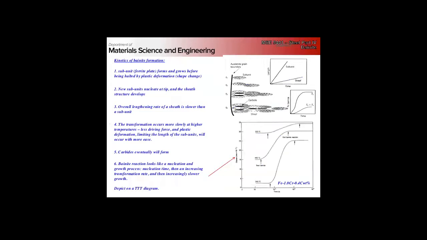our kinetics here. So basically, we have a subunit that forms. There's an invariant plane strain shear associated with the formation of this subunit, and the larger it grows, the more overall strain there is that has to be accommodated. That has to be accommodated by plastic deformation. And basically that plastic deformation